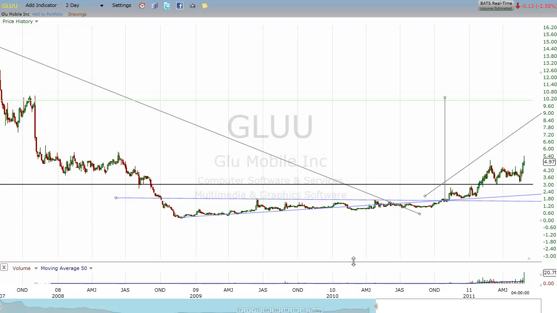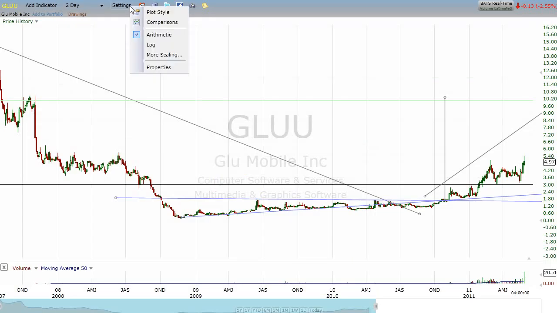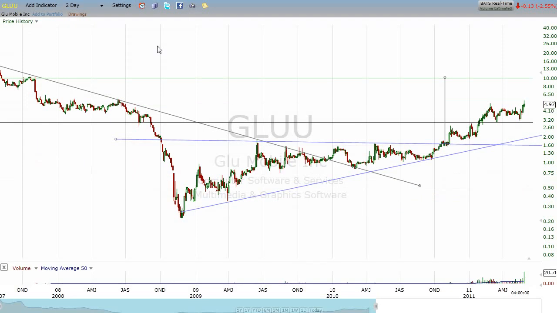So if we look at it on an arithmetic chart, we just get this very strange looking flat bottom, and then some exaggerated moves coming into it, and then what will probably end up being exaggerated moves coming out of it. However, if we go to a logarithmic chart, watch what happens to this descending line right here when we go to the log chart. I mean, look at the difference between that and that. Now, why do we use logarithmic as opposed to arithmetic?